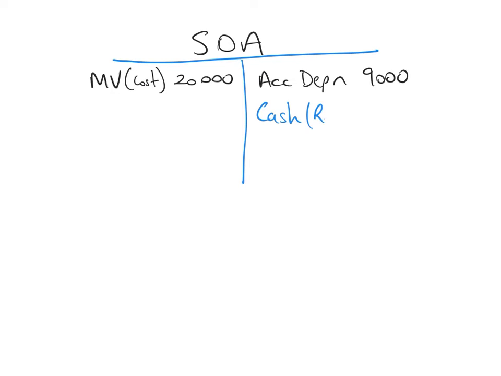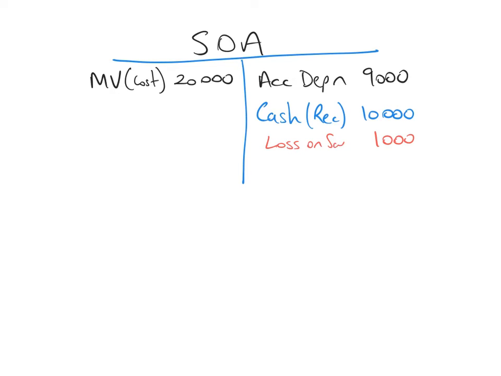So the cash received, or the proceeds from sale, was $10,000. So now what you'll notice is that the $20,000 is the cost, which is more than the benefit we received on the credit side, which is only $19,000. So we've actually made a $1,000 loss on sale